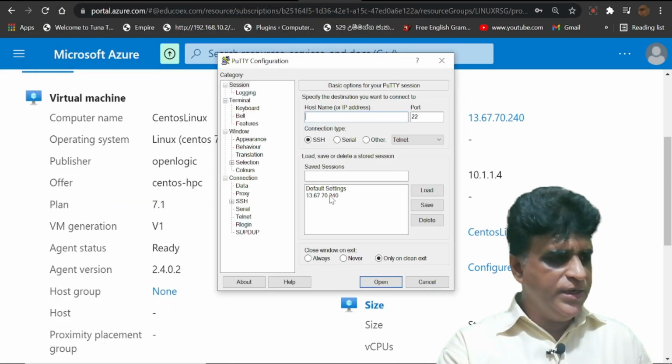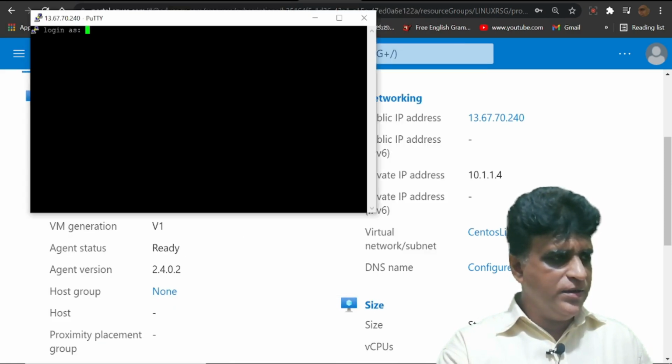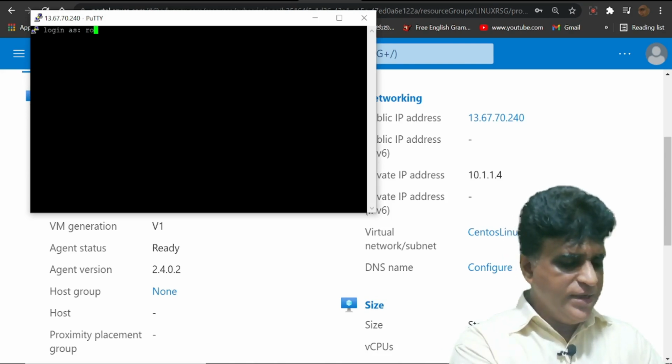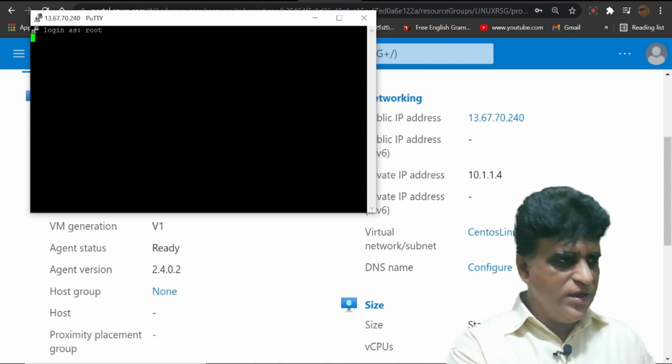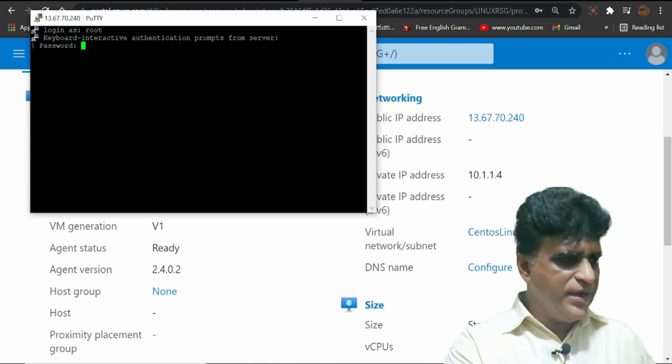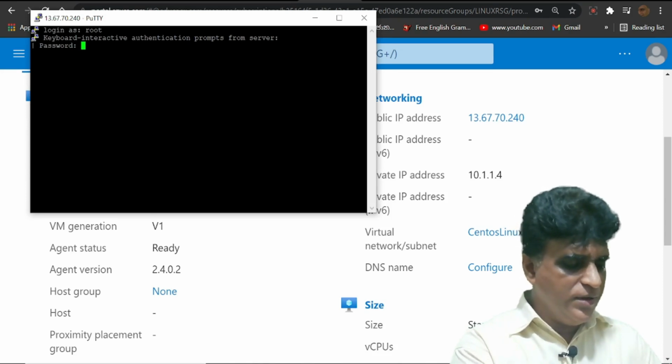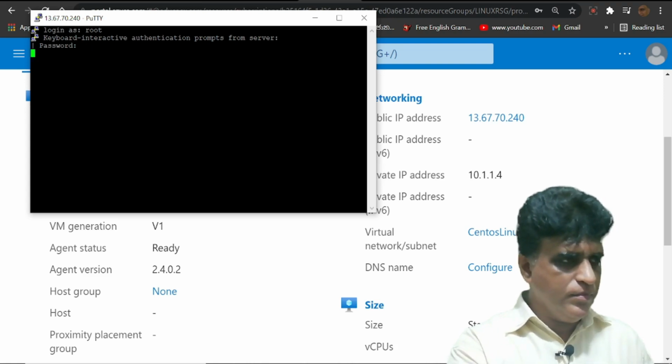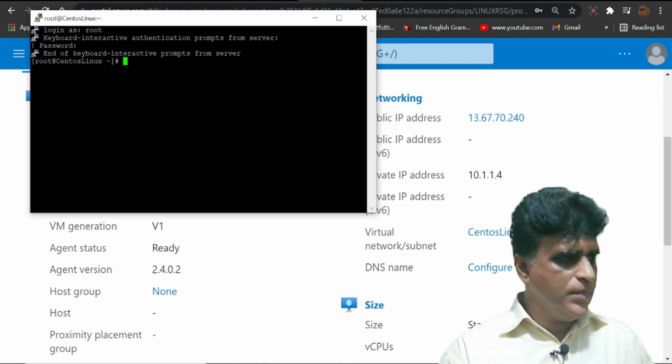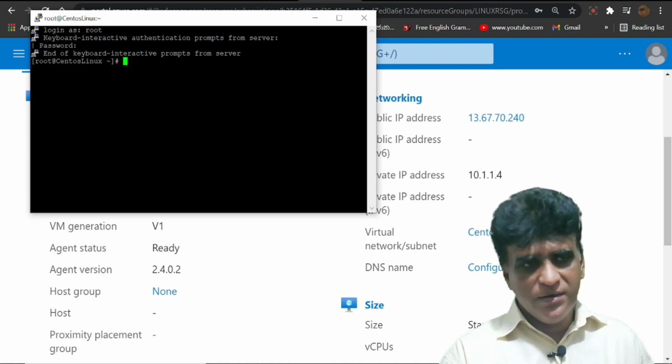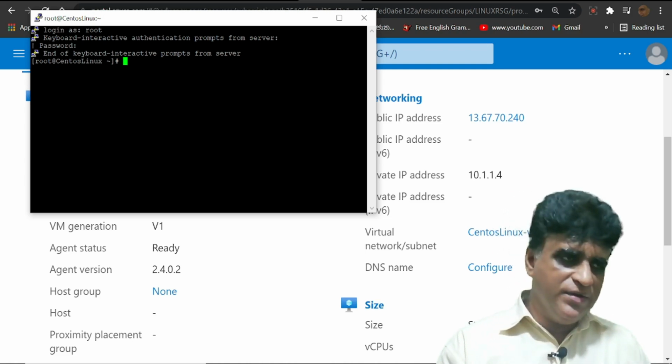I double click on it and log in as root. It asks for the password, I give the password, and everything is done. Now we have installed the server.